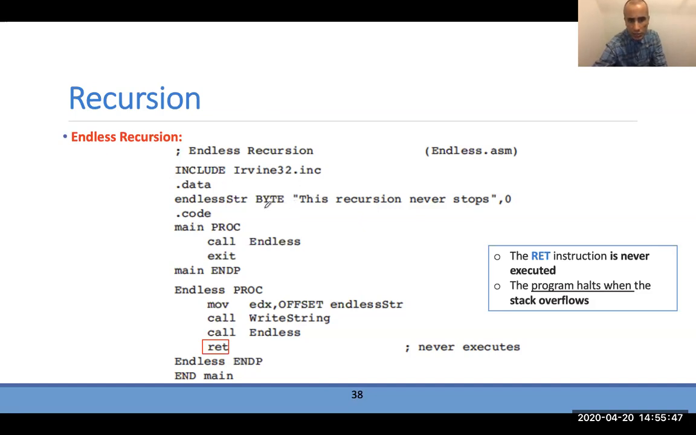And in this data, we just have a string. In this example, we say this recursion never stops. That's a string, okay? And this is the variable name. And here we are calling an endless function. So just imagine we have a stack right here, okay? All right, if we have this stack right here,